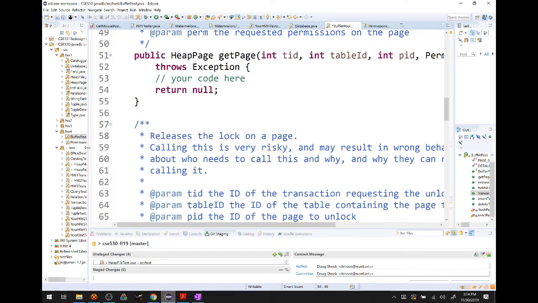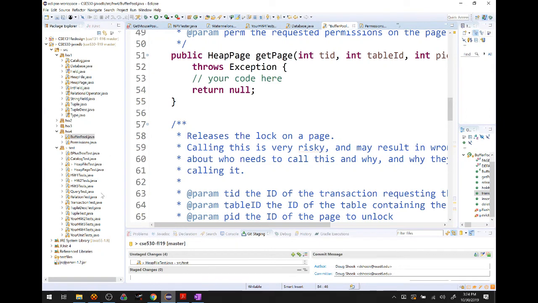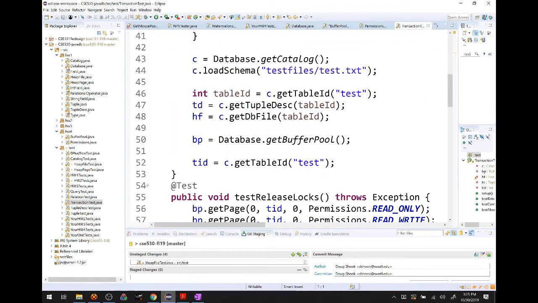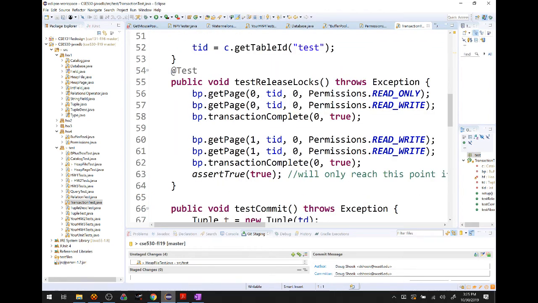Like you've seen on the prior assignments, I've given you some examples of unit tests. And this question has actually come up a couple times, so let me make this clear right now. The transaction tests are purely examples. You will not be graded off these tests at all, none. You will be graded off of the unit tests that you write and submit to me and that I then give back to you. Those are the ones that you're graded on. These are purely for example purposes. They may or may not line up with the tests that you are in fact given later on.